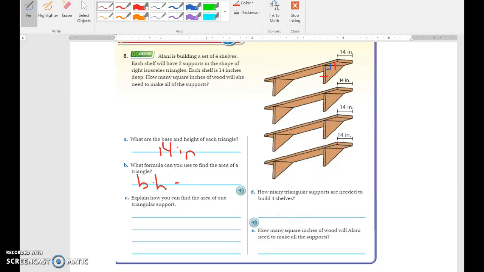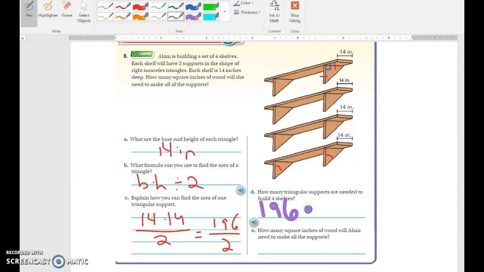And base times height divided by 2 is our formula. So we could do 14 times 14 divided by 2, and that's going to give us 1 triangle, okay? Now, this may blow your mind, but I don't actually have to divide by 2 because that number 196 square inches, that's actually going to give me 2 triangles. Now, they happen to not be scooched up against each other like a parallelogram. But if we wanted to do 196 divided by 2, we would need to multiply by 8 because we need 8 triangles. But if we said, hey, 196 square inches of wood will give me 2 triangles, will give me enough for 1 shelf, then I just need to do